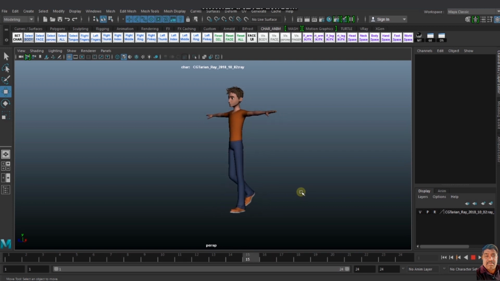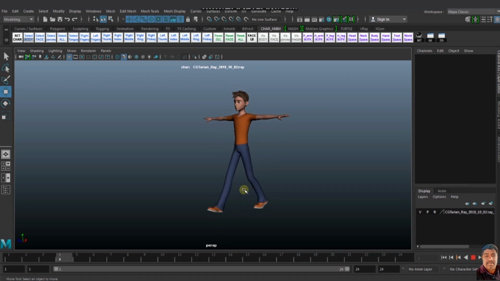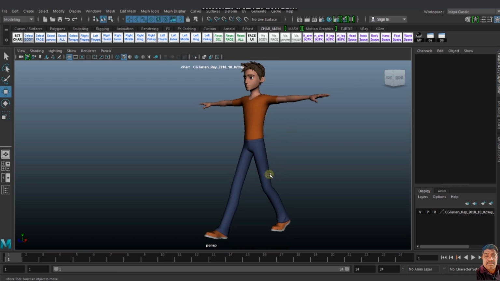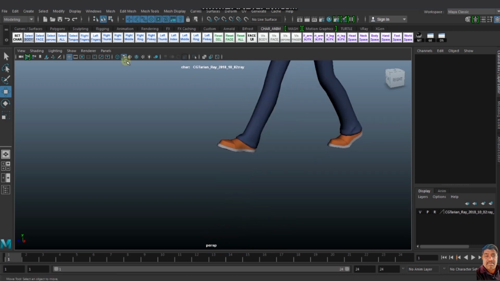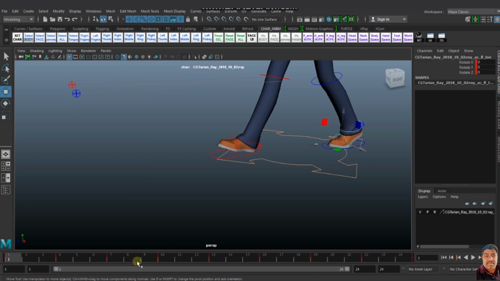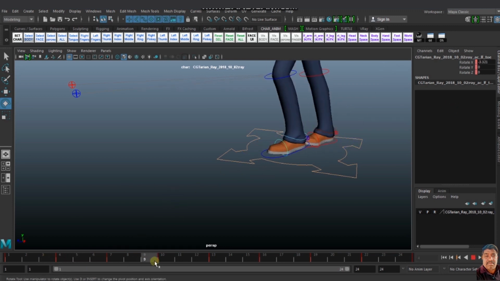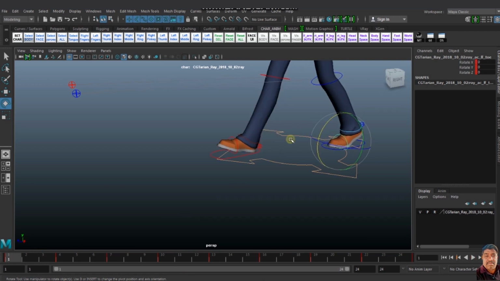Hi everybody. I have already done the lower part animation, the legs movement and the hip movement. Today I am going to show you the upper part. There is something left on the lower part, that is the toe controller. I have done the left side of the controller. There is an X movement, a rotate X movement, but that is not on the right controller. So I have to copy all the attributes of that controller and paste them into the right toe controller.